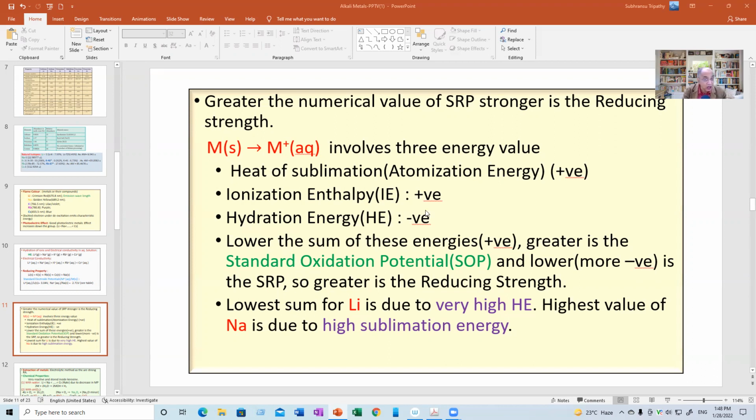So why this sum? Sum means the addition of the three energy terms becomes minimum for lithium and makes the oxidation potential highest and the reduction potential lowest because of high hydration enthalpy, which Ms. Patnaik has rightly answered. And then why sodium becomes the least powerful reducing agent? What is the negative factor which makes the sum of these three energy terms the maximum? That the sum is maximum means its oxidation potential is minimum,